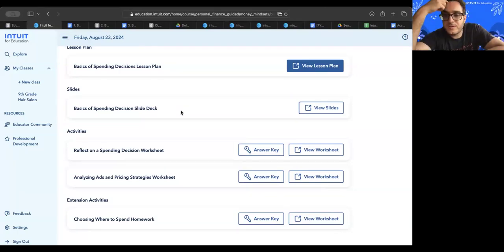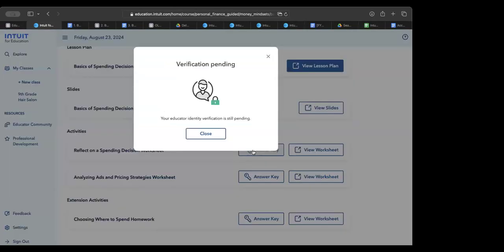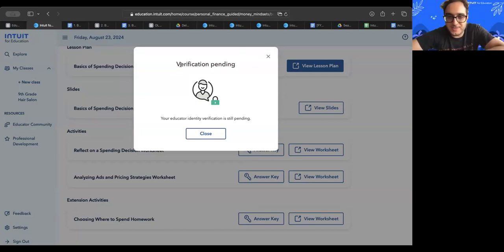Yeah, the reason is there's a two-step verification for the answer key. It is good feedback if you find that's unnecessary, if you've already done the approval process, to not need another verification. I can bring that back to the team to let them know, to make it easier for you to access it. But it's a two-step process for now. Okay, so the process may not be complete? Is that why I don't have access? Yeah, it's probably not completed yet. Even for me, it's a verification pending. Your educator verification is still pending. Okay.